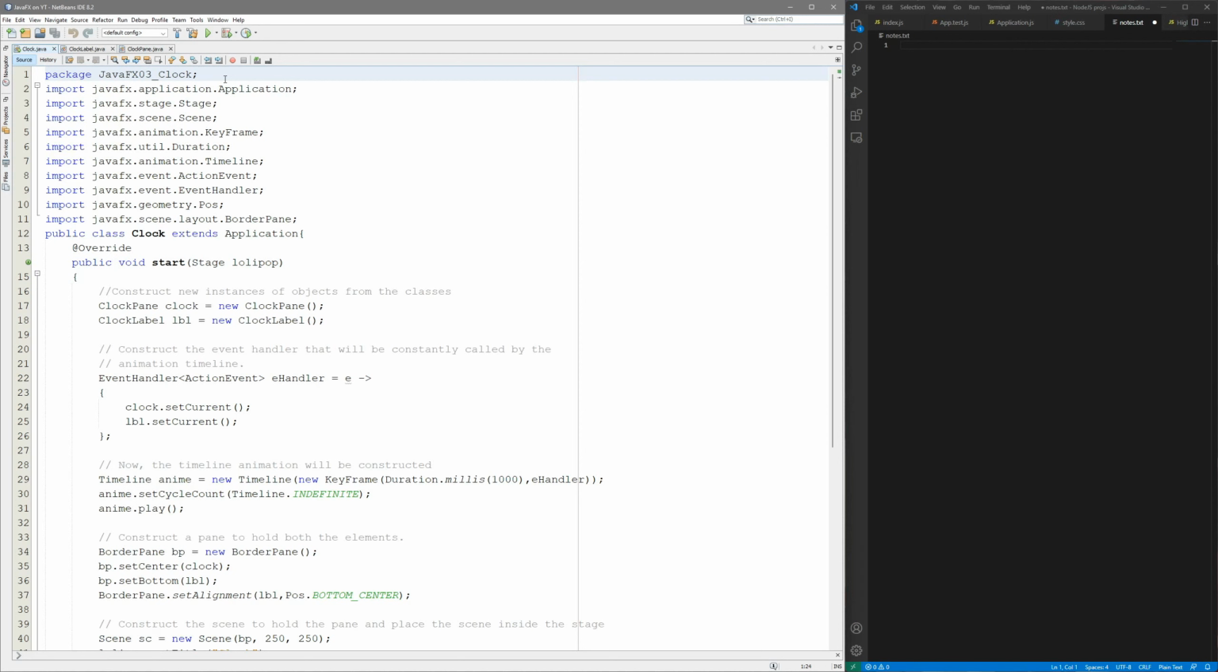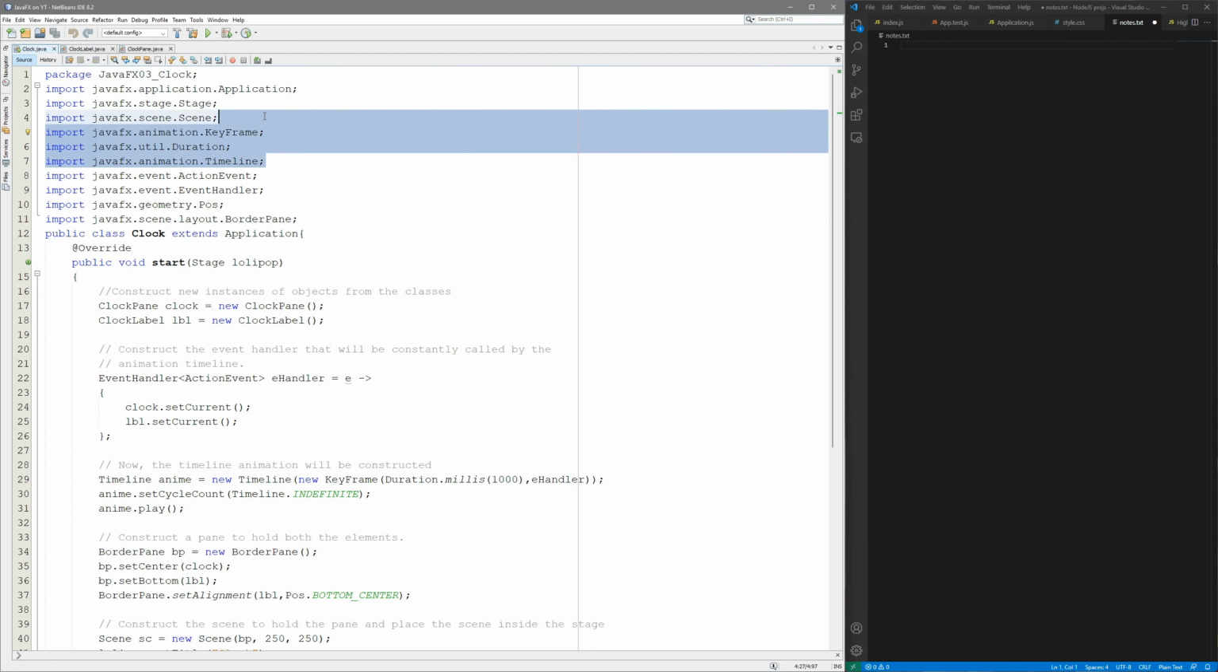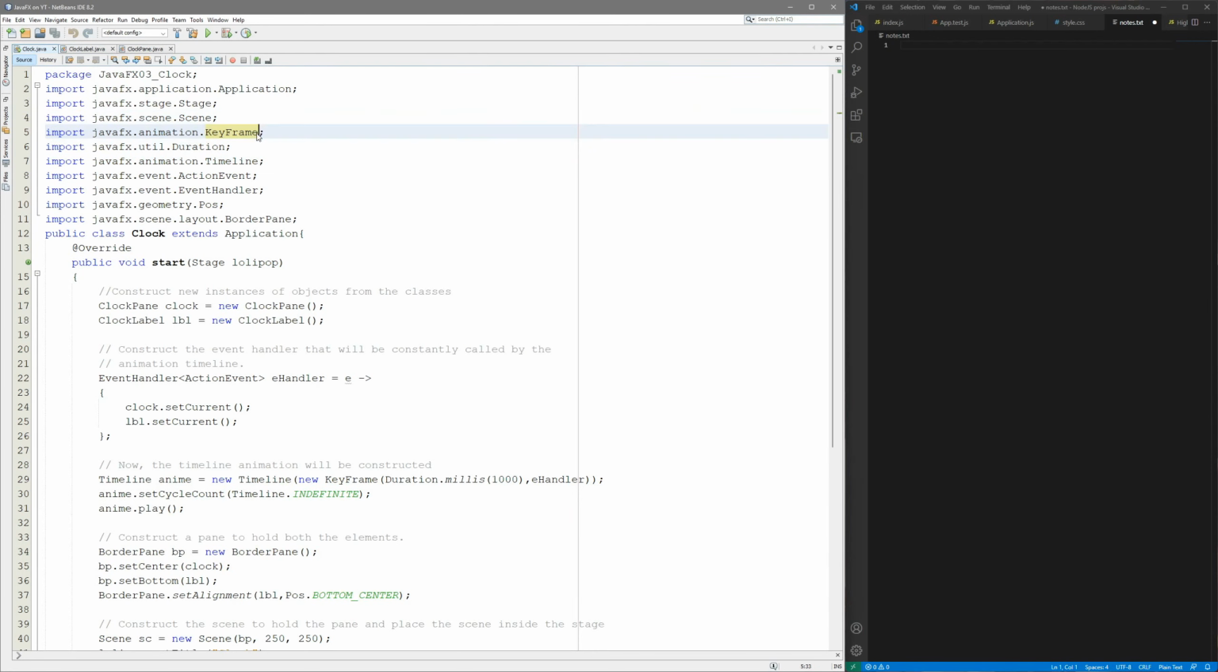Welcome to the third video of the JavaFX series. Today we are going to do a clock with animation. So this is something new, something involving animation. These three are the special kind of import you want if you want to do animations in your code,